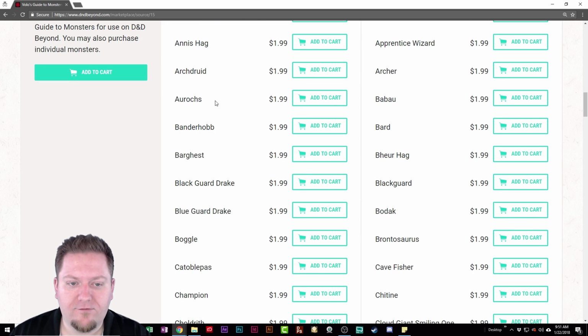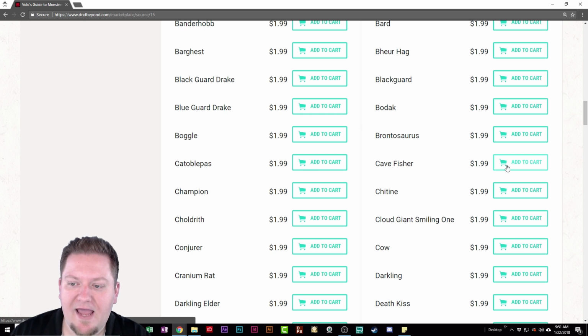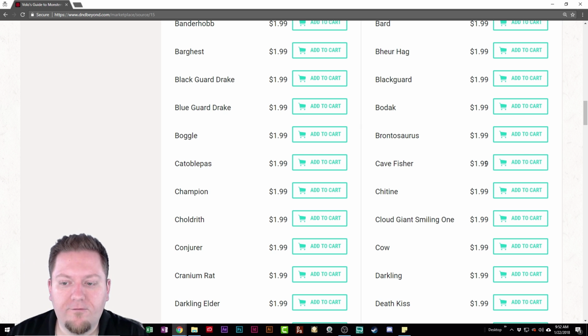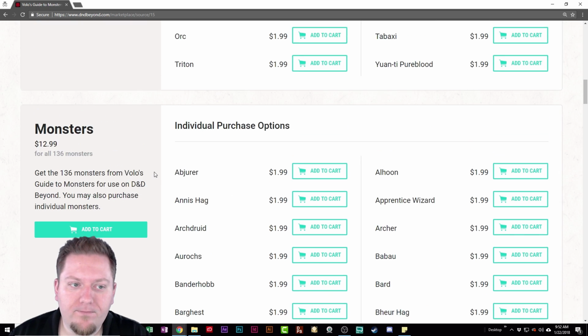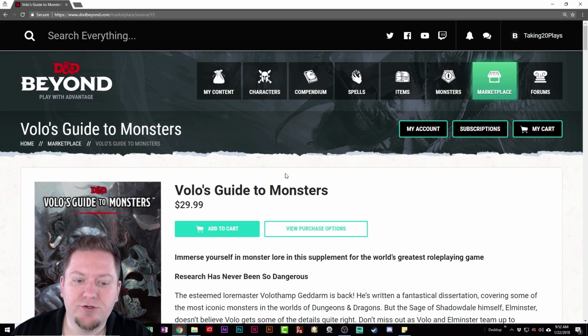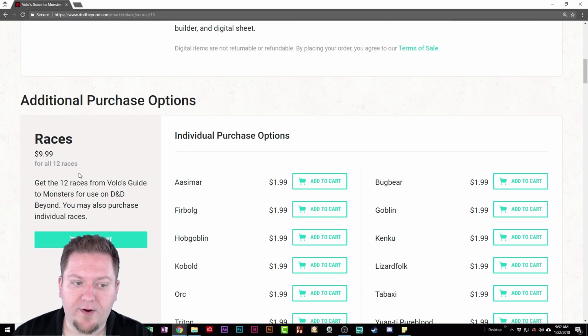So yes, you can buy all these individual monsters. If you just want the Cave Fisher added to your game and into your compendium, you could buy this one monster for $2. Now, here's the deal. You can buy Volo's Guide to Monsters for $30, or you can buy just the races